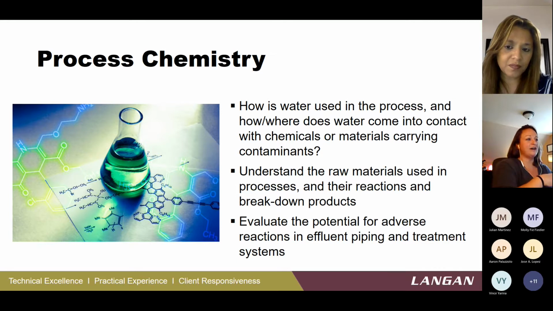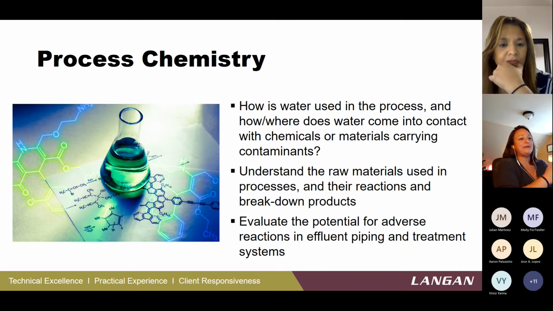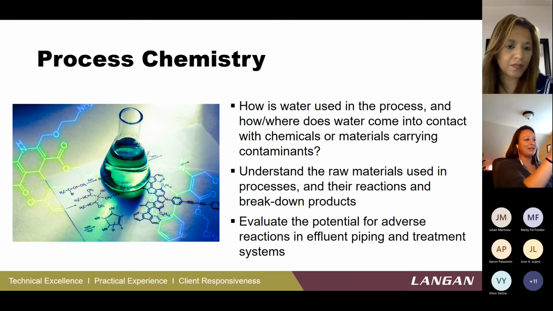I had a case last year where we had chloroform and couldn't figure out where chloroform was coming from. Well, there's no chloroform in the process. Went crazy looking for chloroform, and figured out it was reacted in the pipe, right? It was created from two different things coming together that was completely unintentional.